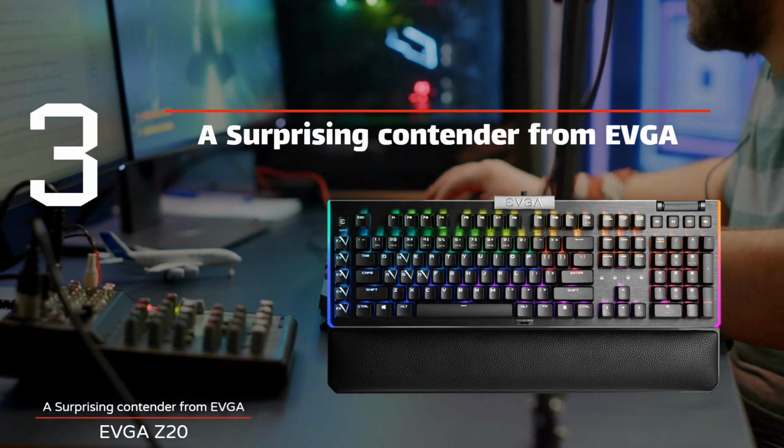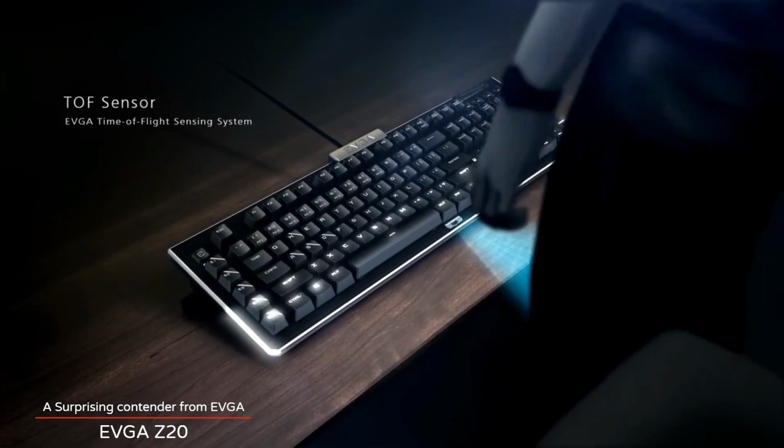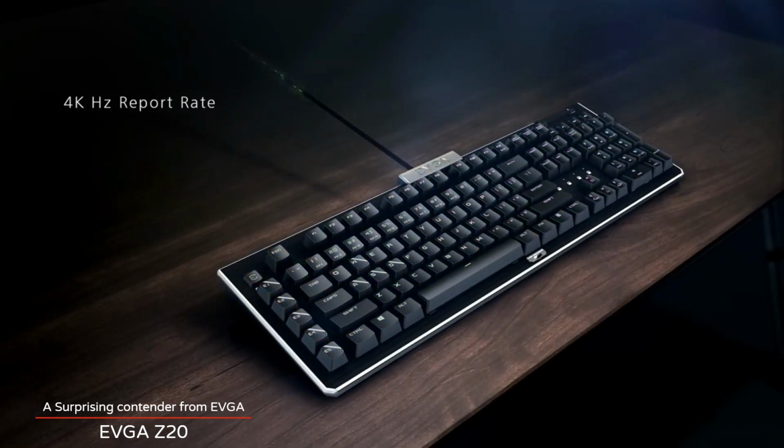If you're familiar with EVGA, it's probably because you bought or at least priced out some of their components. They haven't done a lot in terms of gaming peripherals until now, but they came out swinging with the Z20. It's rare that a company's first outing will be this strong, especially on something that can be as fiddly and